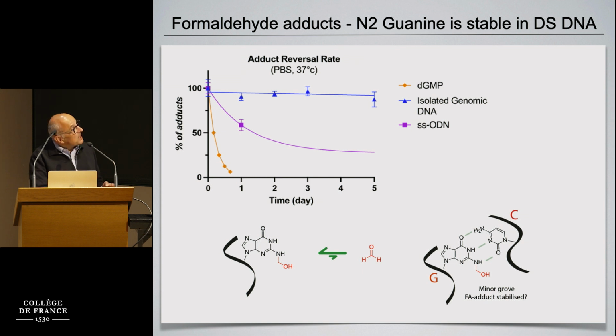If you put the same adduct in the context of single-stranded DNA, it's longer. Its half-life is prolonged by about 5 to 6-fold. However, if you put it on double-stranded DNA, it's completely rock solid. So somehow, the formaldehyde adduct, which shows this unusual reversal chemistry, seems to be restrained or bootstrapped in the context